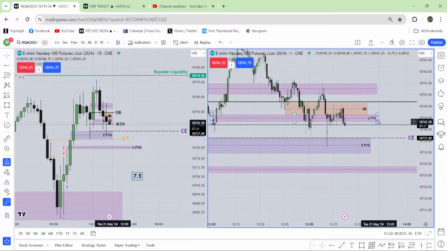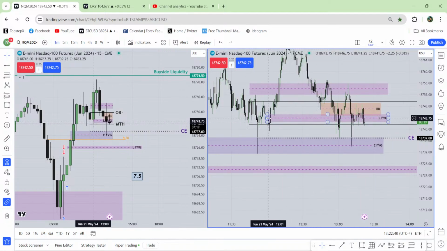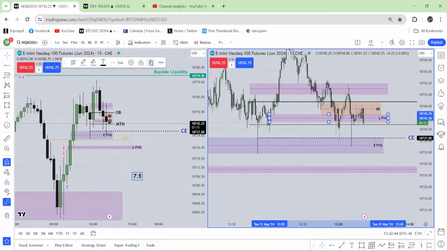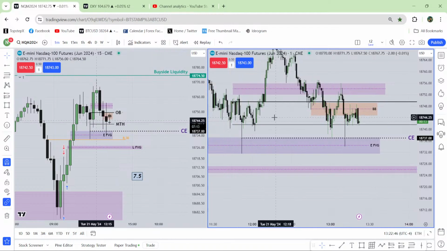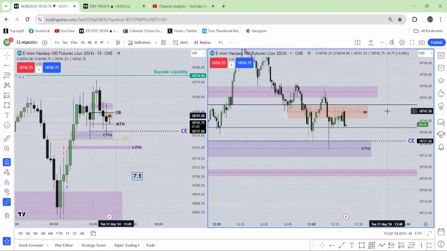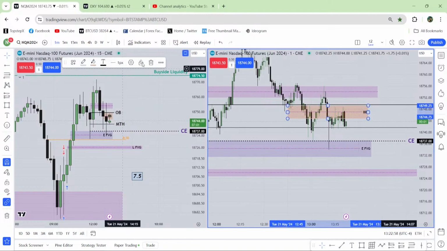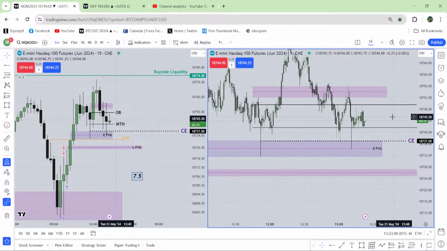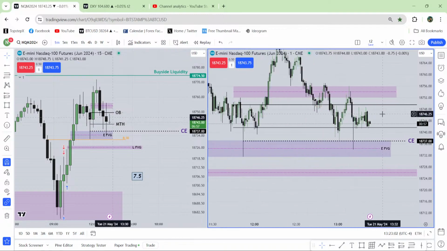This is the last fair value gap from the 1 minute chart. You can see this is the 1 minute last fair value gap here, this one. So I don't need it anymore. Actually I can leave it, let it go. Yeah, so just let it go. I have to wait, there is no other way. I'm going to remove the breaker block as well. Let's go with the perfect one. I'm not bearish, I'm bullish.